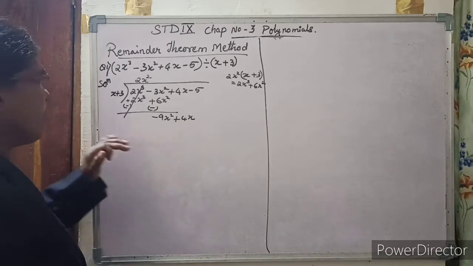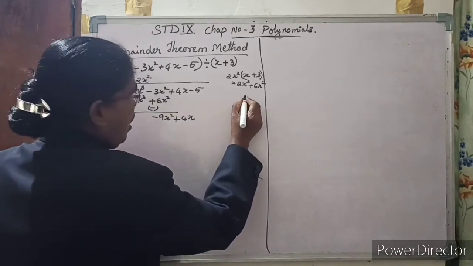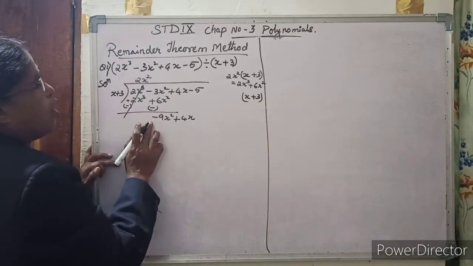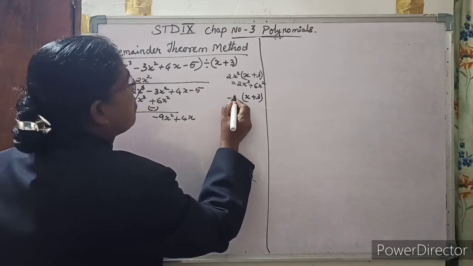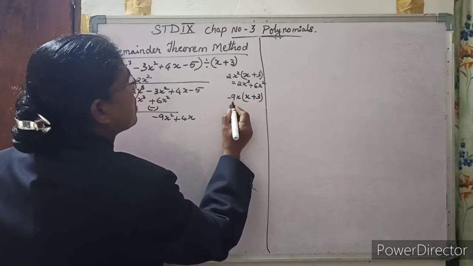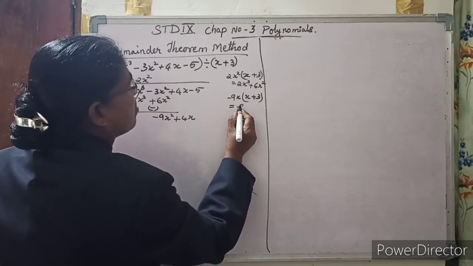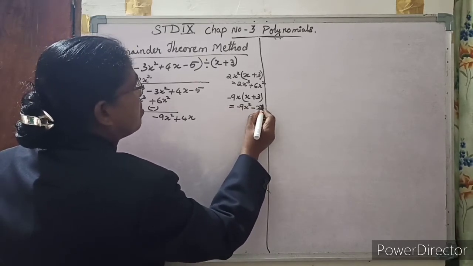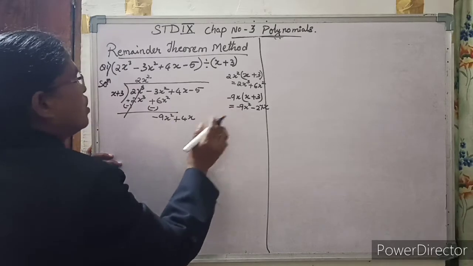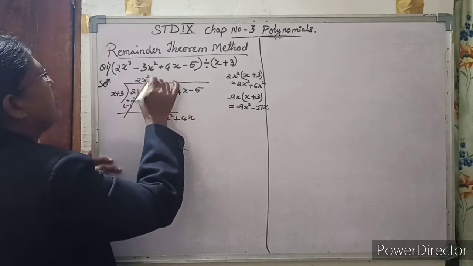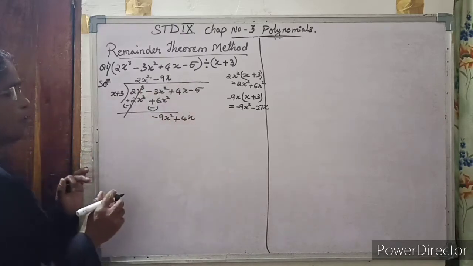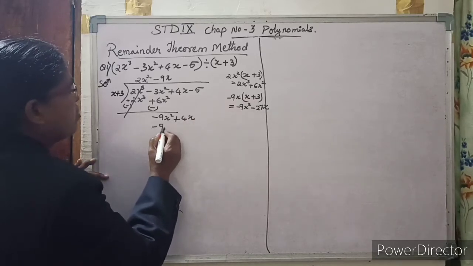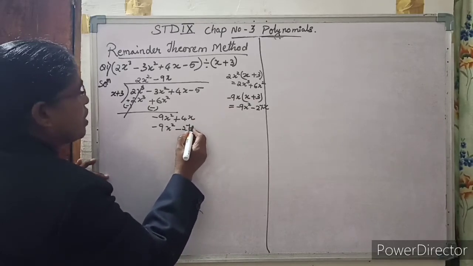Now I have to divide this one. To divide this, again take the divisor x plus 3. Multiply this with such a number that I should get minus 9x squared. So multiply it by minus 9x. I will get minus 9x squared, then minus into plus is minus 9 3 is 27x. So this term minus 9x is the second term of the quotient. After multiplying minus 9x with the divisor, I got minus 9x squared minus 27x.